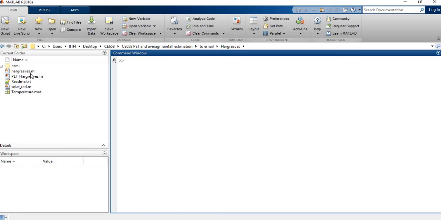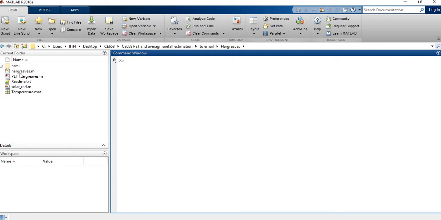One is called hargreaves.m, another is pt underscore hargreaves, then a readme text, which is about how to use this code and what the available files in this folder are. Then one more is the solar radiation and temperature.mat.